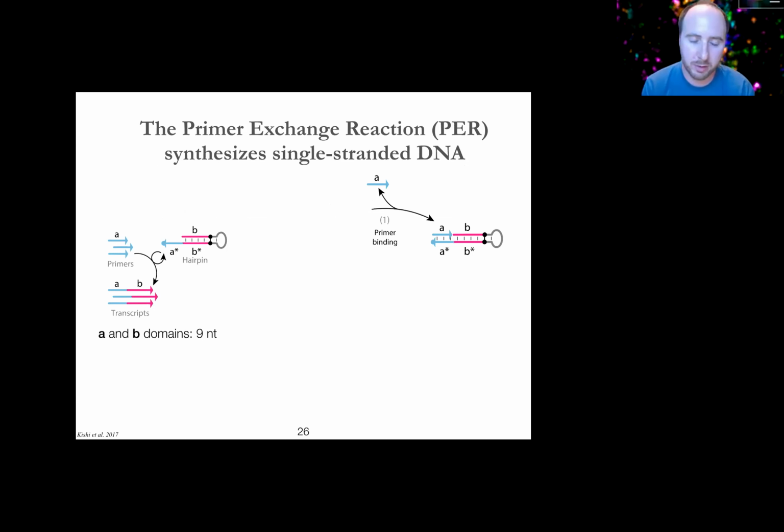And in order to explain the SABER acronym, for those of you that haven't seen Sidam's talk already, I have to throw another acronym at you first, so I apologize for that. But I do think this is some really cool molecular biology, and I never get sick of going through it, so I'm going to take you through it now. There's a reaction called the primer exchange reaction, or PER, that Josie developed based on some work that was going on in Peng's lab a couple of years ago as a way to synthesize DNA in defined ways.